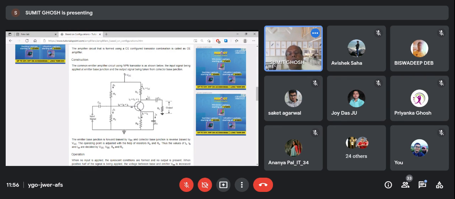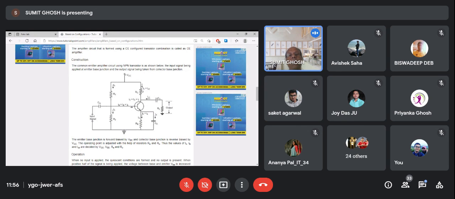It is an open circuit for DC, whereas for AC it is a short circuit. So when this configuration is working as an amplifier, for AC this is a short circuit. The current flows through IC, goes through this, and goes through this. Then there is no drop across this resistance in AC mode, and so the gain is not reduced.